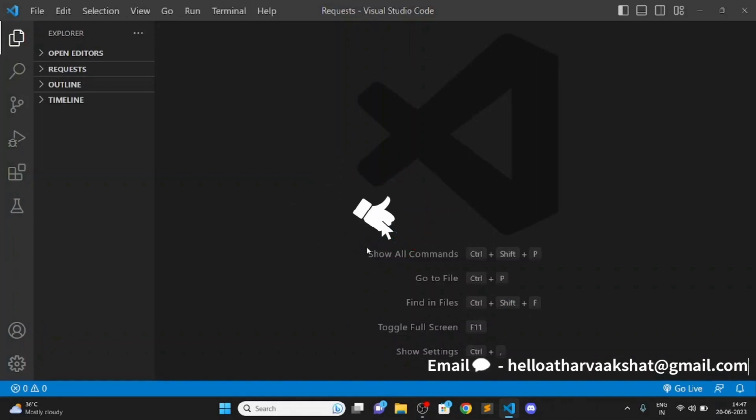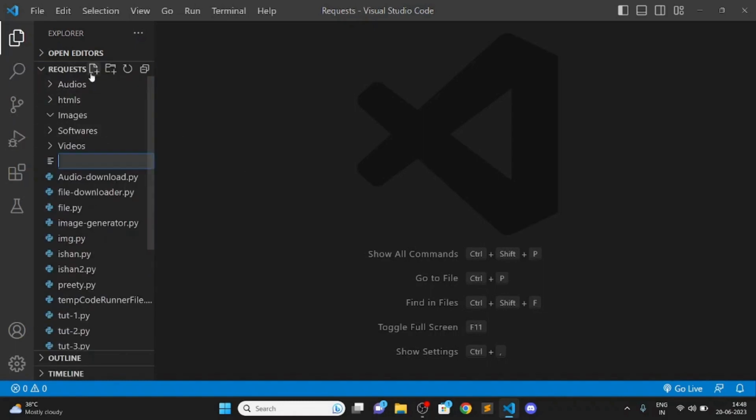In this video, we'll create a program which will generate random images for you. You just have to give the input of how many random images you want to generate, and the rest will be done by the program. You can also select the file extension of your choice. Right? So let's start this video, and for that let's create a file named